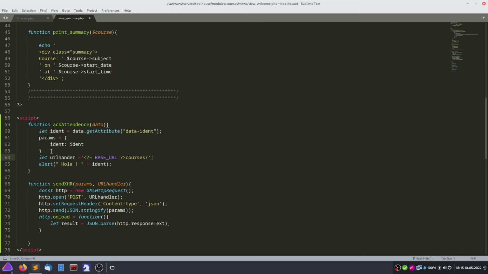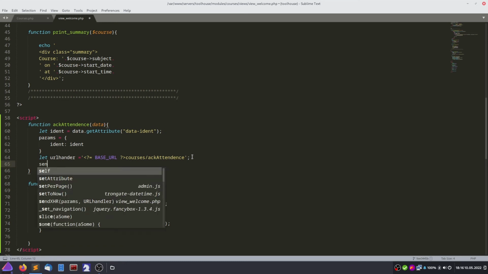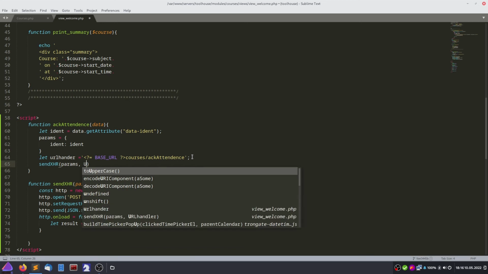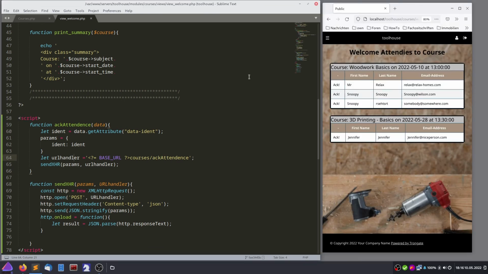And now we need to define a function on our website. I will take the same name as this one here. Cool. So and these two things on here would call our function params, and then URL handler, right? URL handler. And now we should see actually something. Let's make this again smaller here. Save,